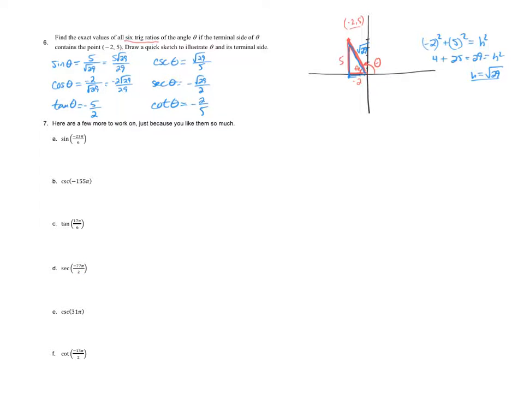-77 pi over 2, for example. This is a kind of a funky one, so maybe we'll take a look at that guy and reason our way through that. So I'm going to come over here and draw my coordinate plane. And the first thing we have to do is think about where the heck is the angle negative 77 pi